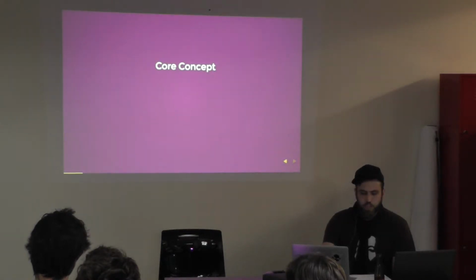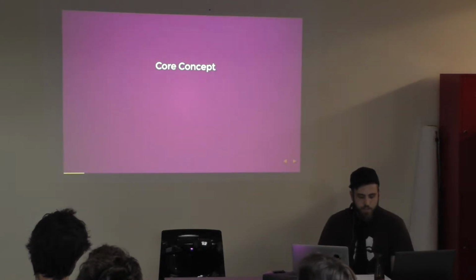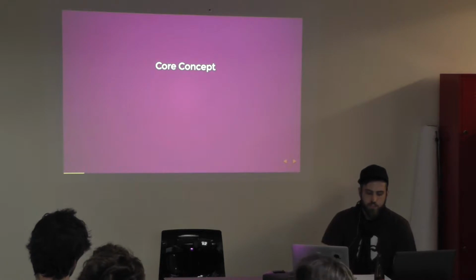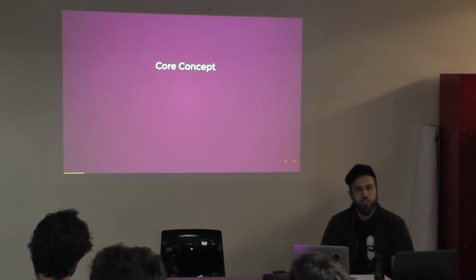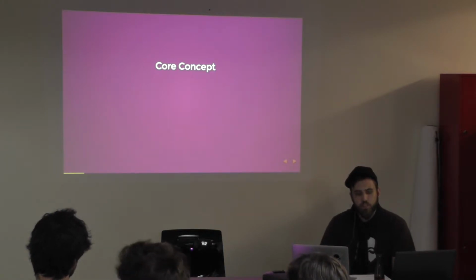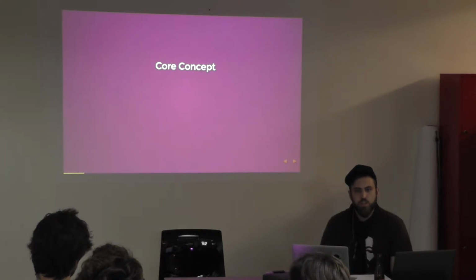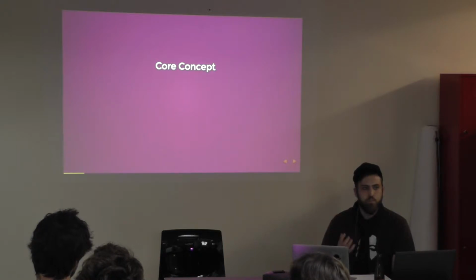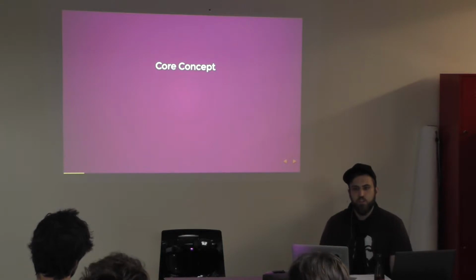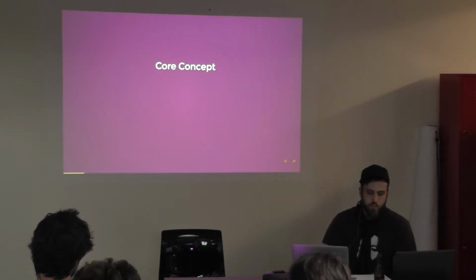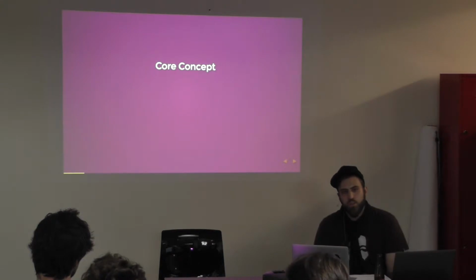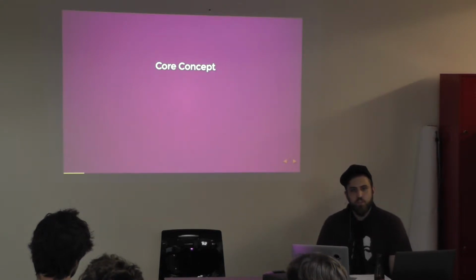So what are the core concepts? CSS and JS are just implementation details of the web. So what's the truly characteristic thing of a web app? I think we can all agree that it's shareable and bookmarkable URLs, because you can share those URLs and people can find your content through them, and it's easy to share, and it's harder to do with a native app. So the big difference with other MVC frameworks that are built on JavaScript is that with Ember,